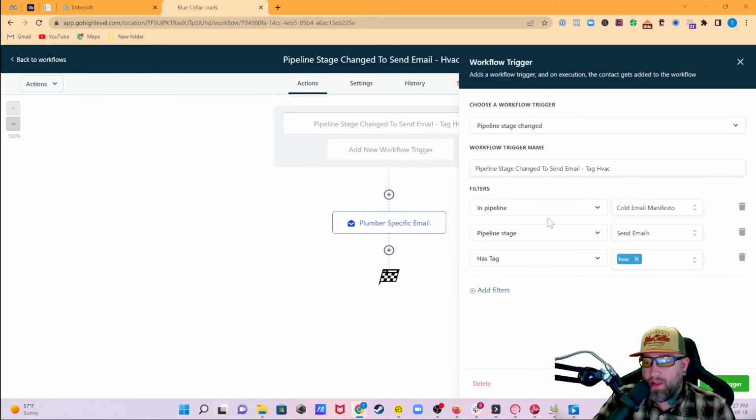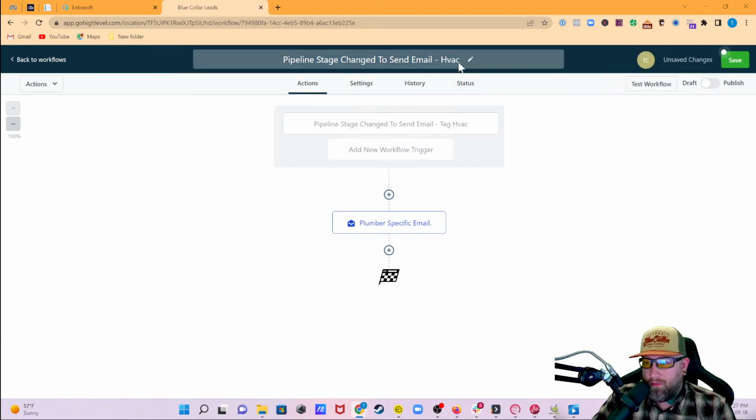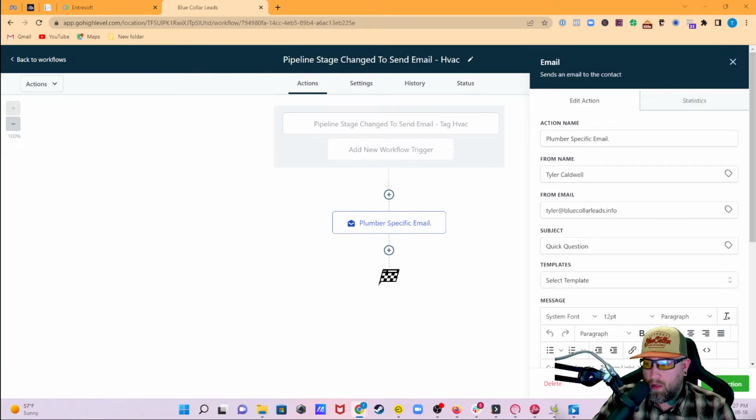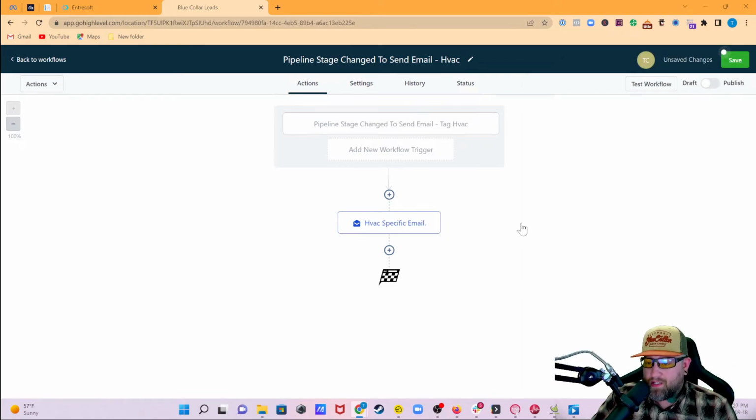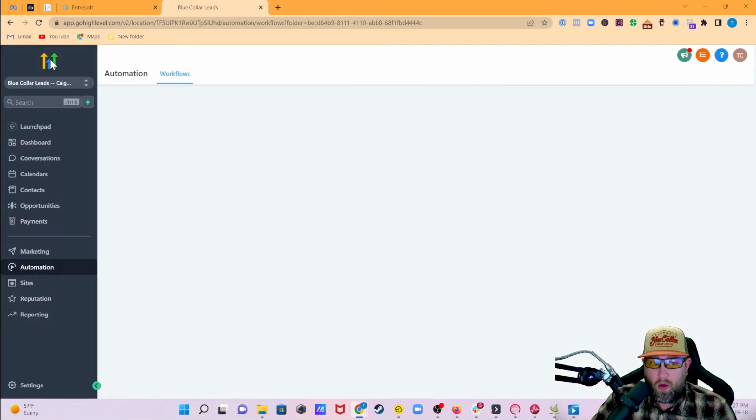So we know that they have to have the tag of HVAC before it'll send this email, so we know that it'll get sent to the proper people, right? And then you would obviously tagging HVAC, plumber specific email. We would have HVAC. Right, HVAC specific email, and then you would just save it, go back out,